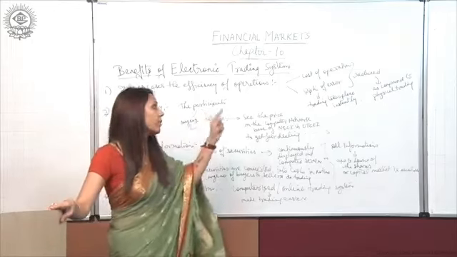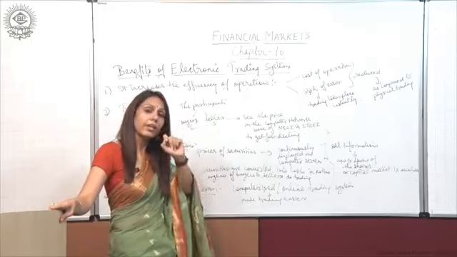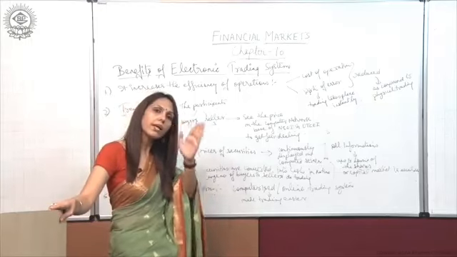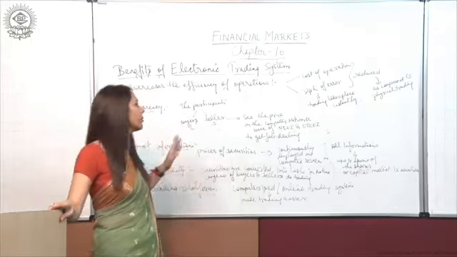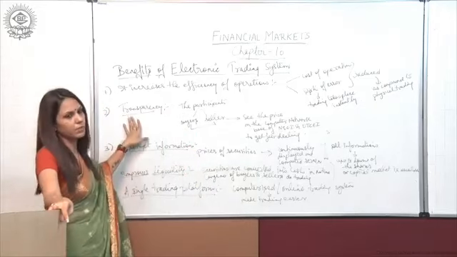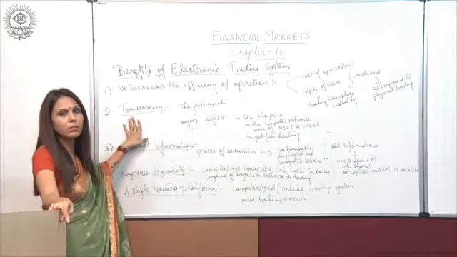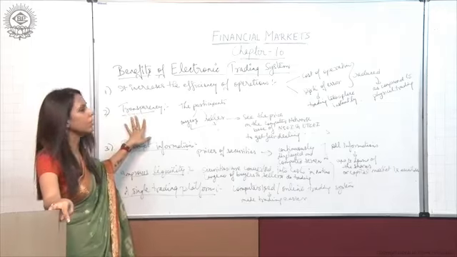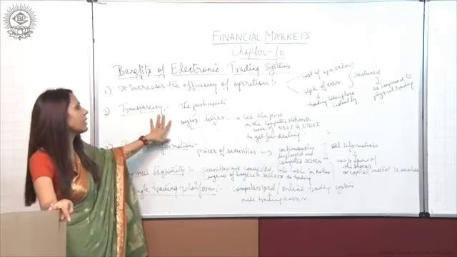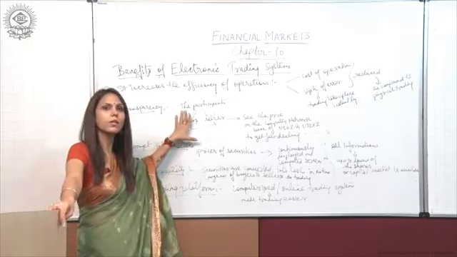They are reduced because of the instant trading, because instant trading takes place. Second one is the transparency. In the online trading, there is a transparency. Why is transparency there? Because the participants, the buyers and sellers, they